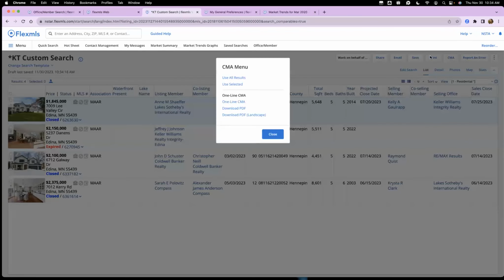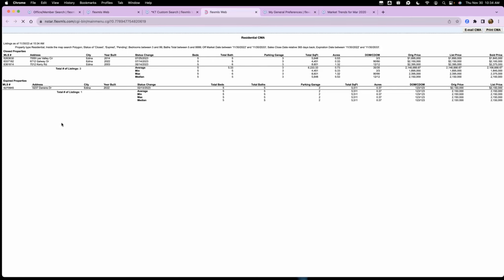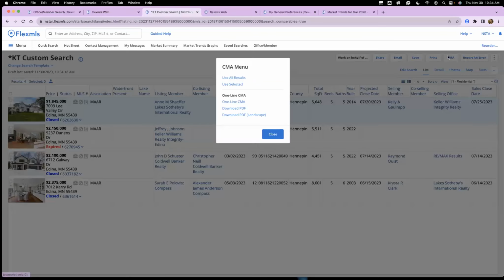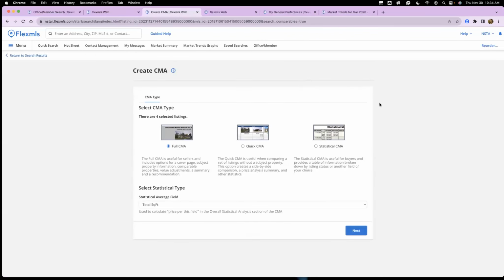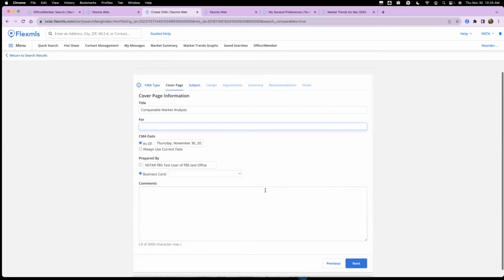So if we go up to a CMA, we've got a couple different flavors for you. One-line CMA is just going to bring in all of that information condensed in a single line view. So that's a nice, easy one. And then we have, we'll just use all since we just have the 3 other options in here. Again, able to customize this to your own experience, bringing in the data that's important to you. You can change the aesthetics of it by the color. So this is the full CMA. You just walk step by step, refining it. We're not going to do a CMA right now, but